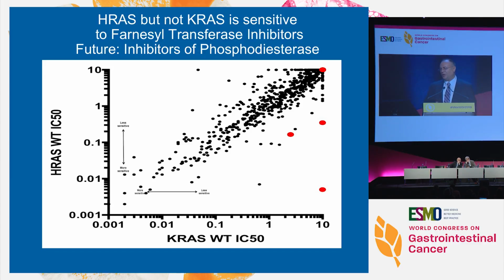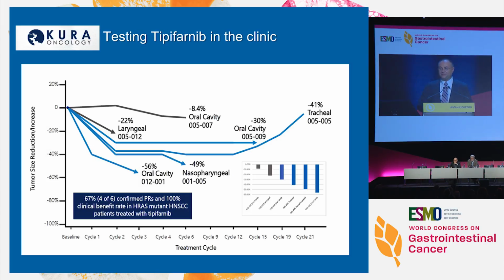To give you an idea how complex these data are, farnesyltransferase inhibitors are very successful for HRAS, but don't work for KRAS because of the differences of the protein post-translational modification. So we need to be very careful how we develop inhibitors for mutant RAS because K, H, and N are not the same. But if HRAS is present in these cancers, you see significant activity with farnesyltransferase inhibitors. So if you have the right target, you can inhibit signaling of HRAS, but remembering it does not work for all RAS mutations.